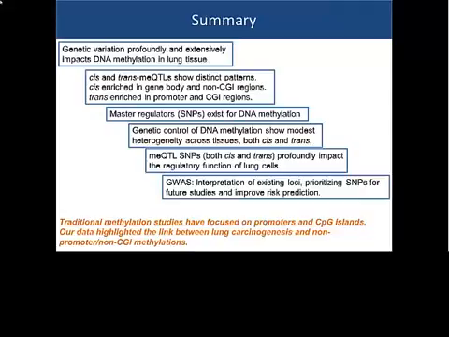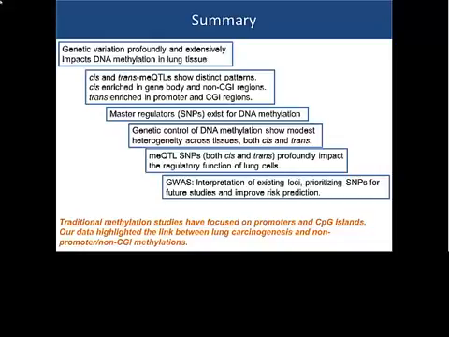And we show that the genomic control of DNA methylation shows modest heterogeneity across different tissues for both cis and trans. And we also show that the methylation QTL SNPs may profoundly impact the regulatory function of lung cells. In terms of the genome-wide association study for the lung, we show our data could be very useful for interpreting the existing GWAS signals, for prioritizing SNPs for future studies, and also for improving the polygenic risk prediction, which is